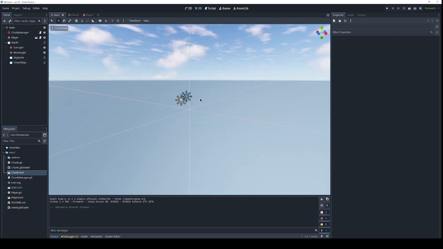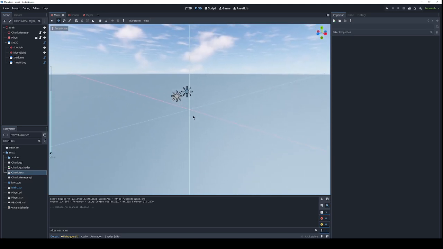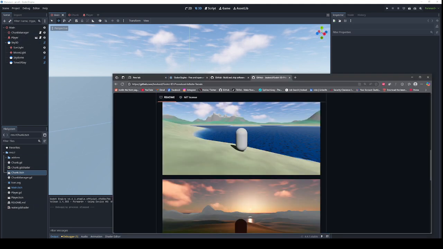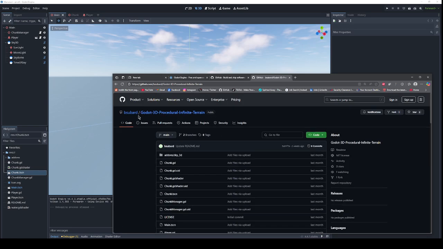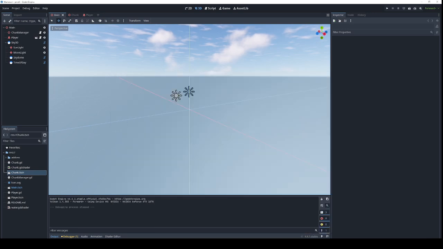Hey guys, this is a showcase tutorial of infinite procedural worlds in Godot. This file is on GitHub, github/bsu/bard/Godot 3D procedural infinite terrain. You just hit code and then hit download zip, and then in the Godot program you import the project